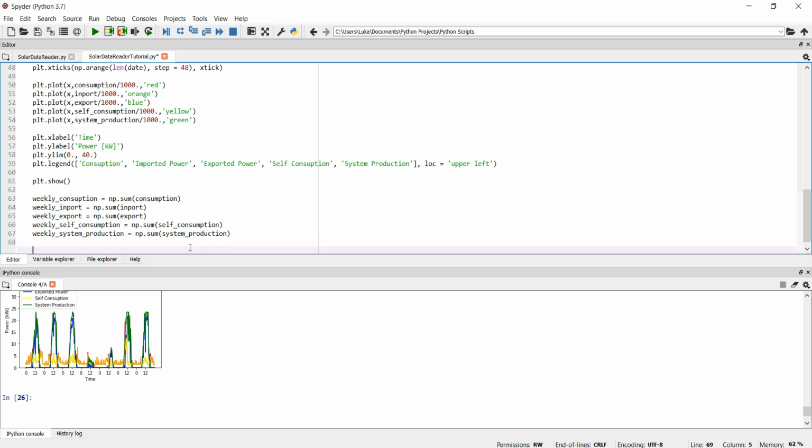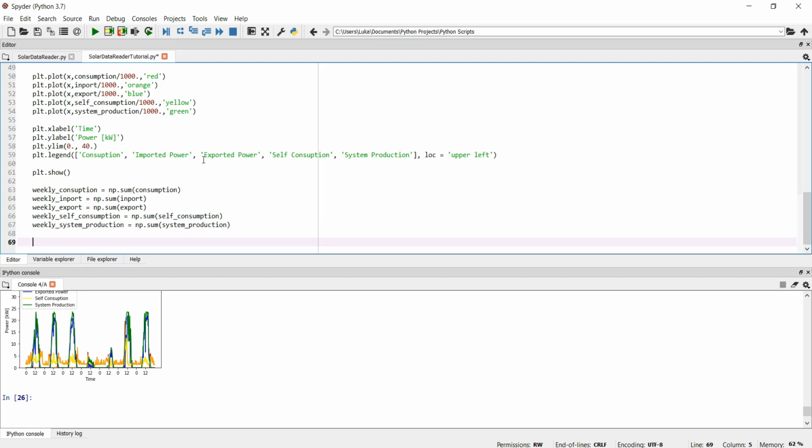So now we gotta print out these variables. That should be pretty easy. We just print, and you can print this in any way that you want. I'm just gonna print it like this. The weekly consumption was, and then space, and then